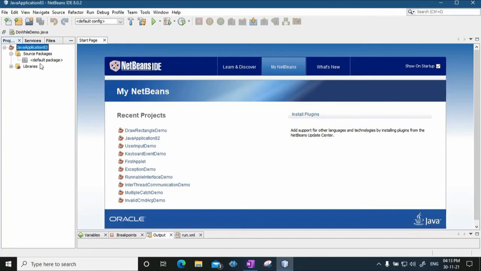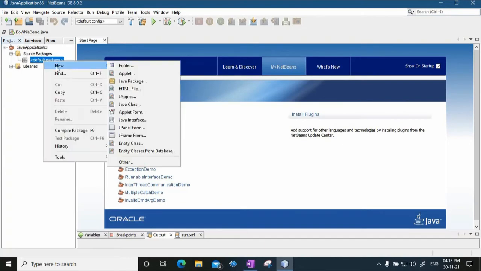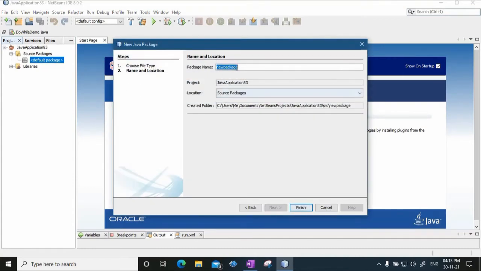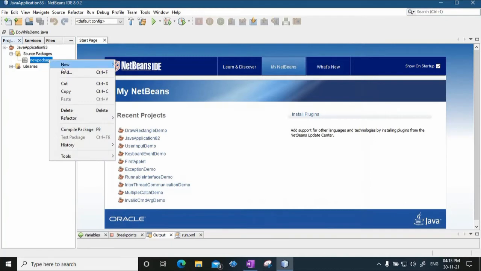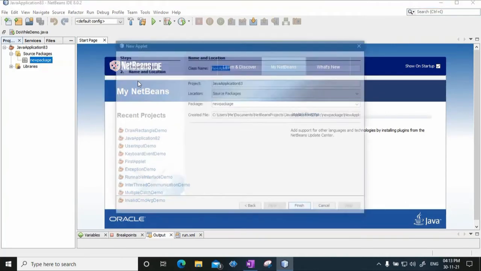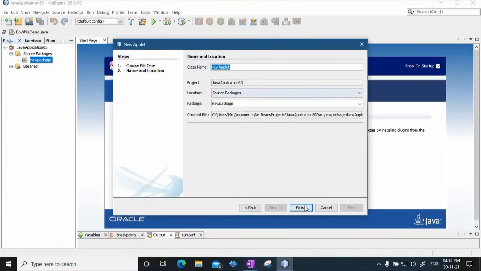Now under the source there is a default package, so you can right click here, say new Java package. You give it a name and say finish, and now under this new package you say new applet. You can give whatever name you want and say finish.